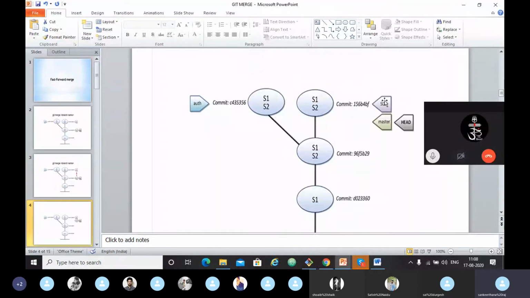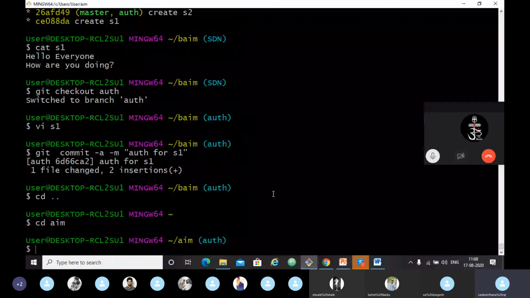So now let's see it in the CLI. So we had made our corrections till auth branch. Can you remember CAM? That is the file. And we have done our corrections till auth branch. Now let's see the Git status of it. There is nothing new. Everything is committed. It tells us that we are on the auth branch.